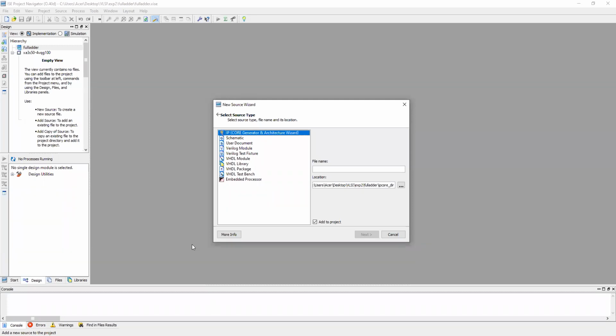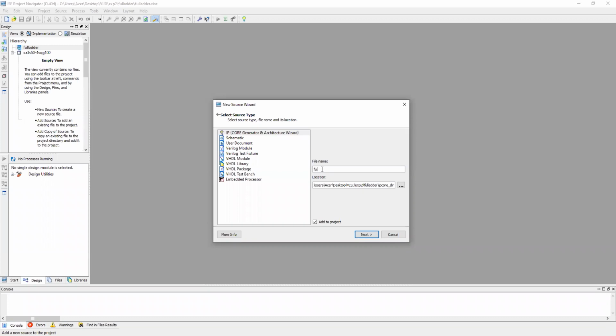That doesn't matter. Then after creating this folder, you have to right-click on that folder, the project that you have created. There you have to select the option New Source. That means we now have to add a source to that project. Once you select New Source, this window will appear in front of you. Here you have to give a name to that source. What code are we writing here? Full adder.